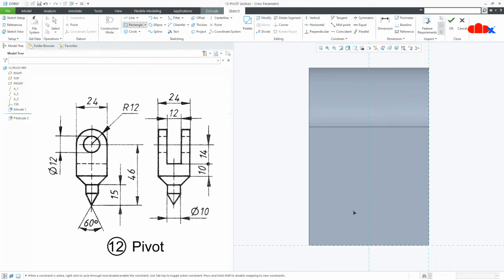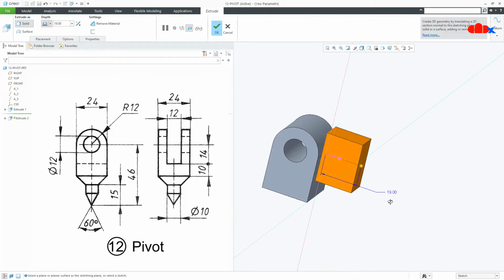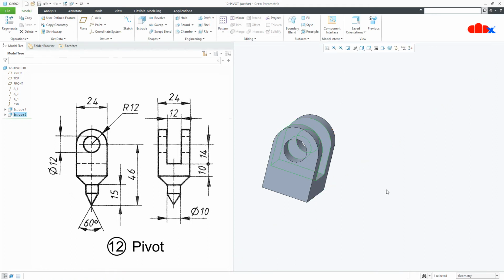Now draw the rectangle. Now the dimension. So this gap is 10 and this is 12. Say OK. Flip the direction, remove material and to next. Say OK.